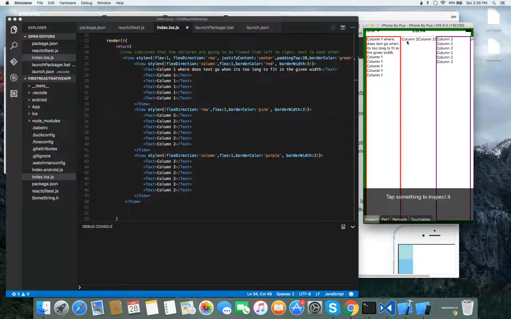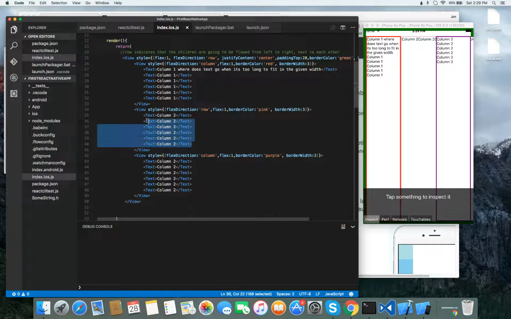You can see that now it's flowing, instead of top to bottom, it's flowing left to right. And you can actually see that it's flowing off of the page. It's not constrained within the dimensions of this view. So if we didn't want that to happen, well, if we wanted just the words, we